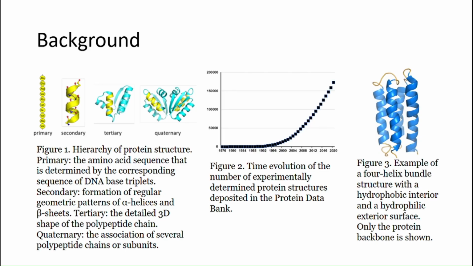Early secondary structure predictions, beginning with Linus Pauling's 1951 alpha helix model, and Chou and Fasman's propensity calculations, lacked high accuracy because they relied solely on 1D sequences while neglecting 3D tertiary interactions. At that time, the total number of experimentally determined structures in the Protein Data Bank was also very modest, a few hundred, and it remained at this level until the 1990s, when the database really started to grow due to